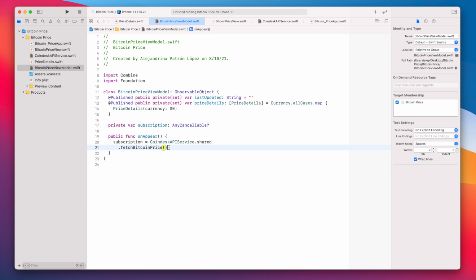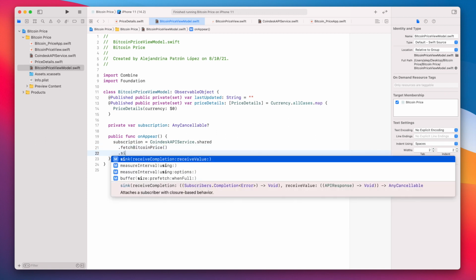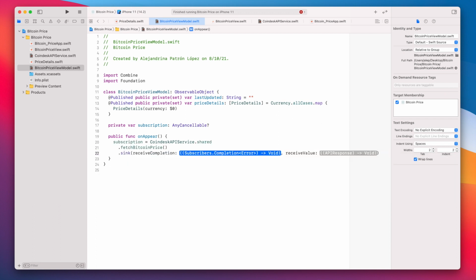fetchBitcoinPrice call, we're going to use the sink method, and sink has two parameters. First, it needs a receiveCompletion that is called when the publisher is done. And then we have a receiveValue that will give us the value, if any, because remember, there could be an error in our data task, which in this case will be of type APIResponse. So the receiveCompletion is called when our data task publisher is done, or our URLSession data task is done. And we're going to have here the completion